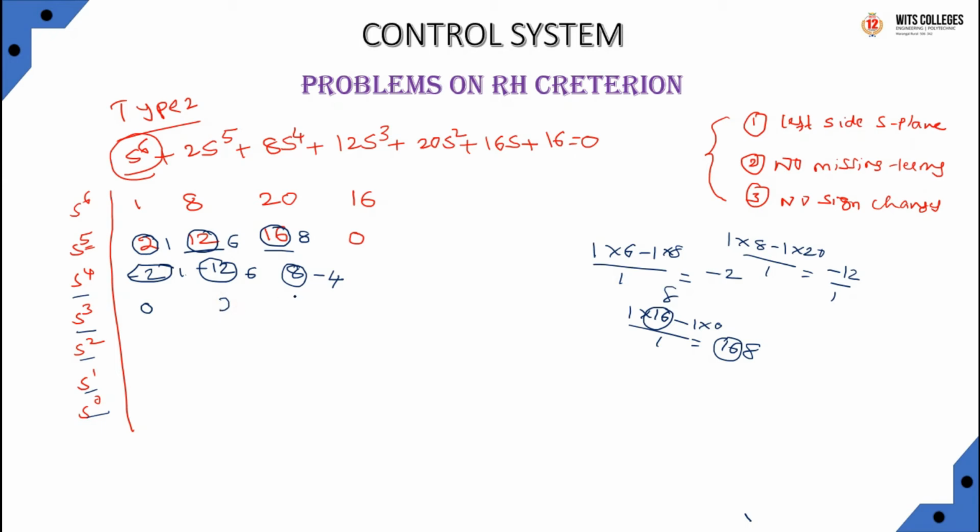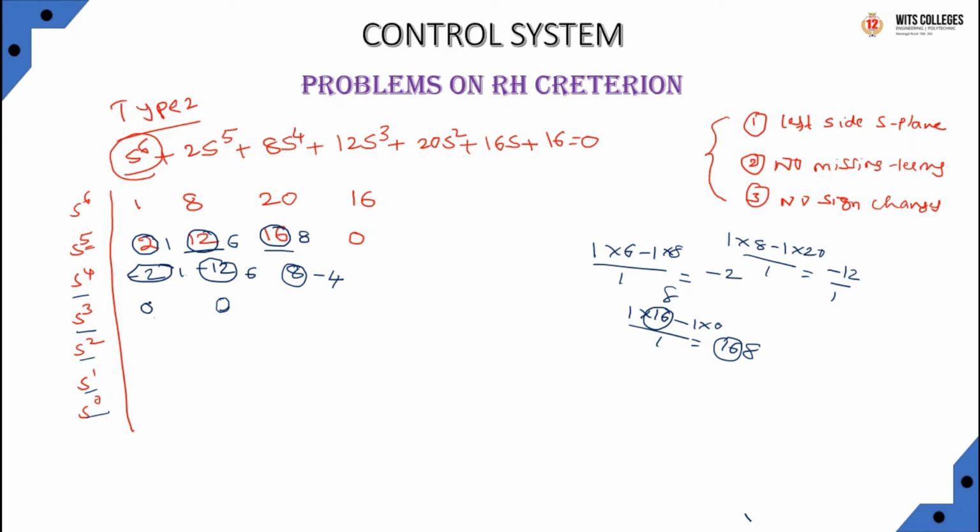Okay, in this equation these two terms are zeros, 1 into 8 minus 1 into 8. In this case the value is 0, which is after multiplying these values, the s power 2, s power 1 and s power 0 rows. In that case, instead of these zeros, we consider the auxiliary equation.